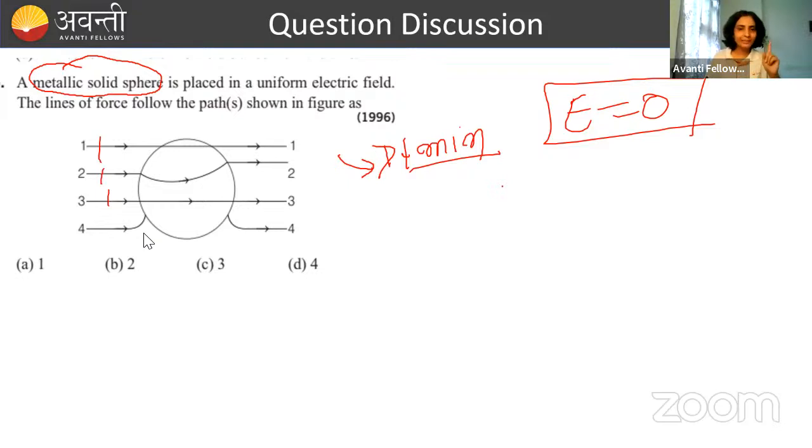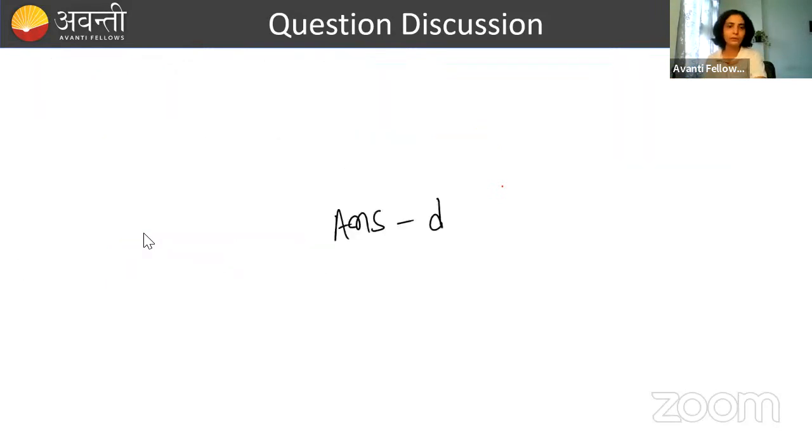First thing, they are entering inside conductor. Inside conductor electric field is what? Zero. It can't enter inside. So 1, 2, 3 तो ऐसे ही wrong हो गया. Fourth is correct because first thing it's not entering inside. And second thing, if you look at its direction, it is normal. यहाँ पे अगर tangent बनाओगे, it will come as normal to the surface. अगर ये center है, तो center से ये direction क्या दिख रहा है? Normal दिख रहा है, ठीक है? So electric field inside conductor is zero, and also it is normal to the surface of conductor.